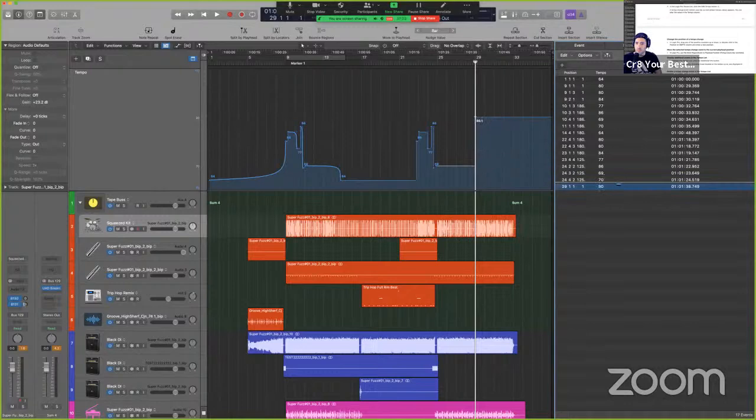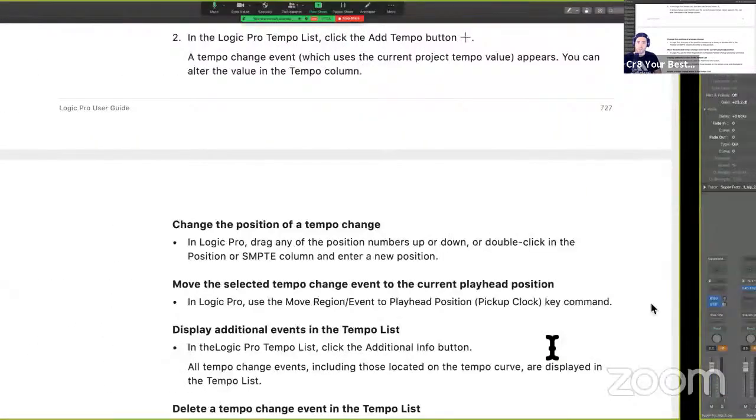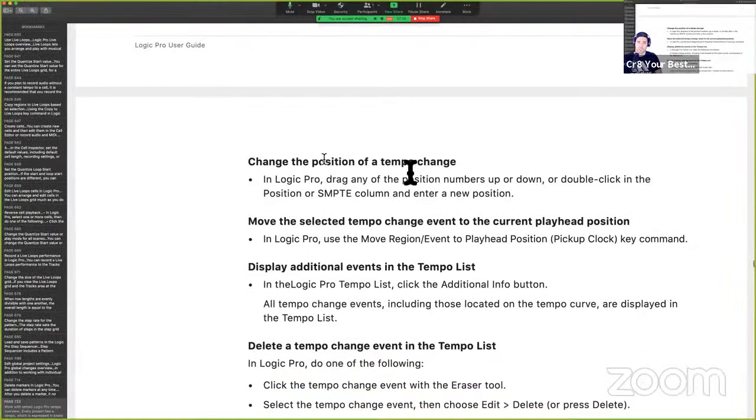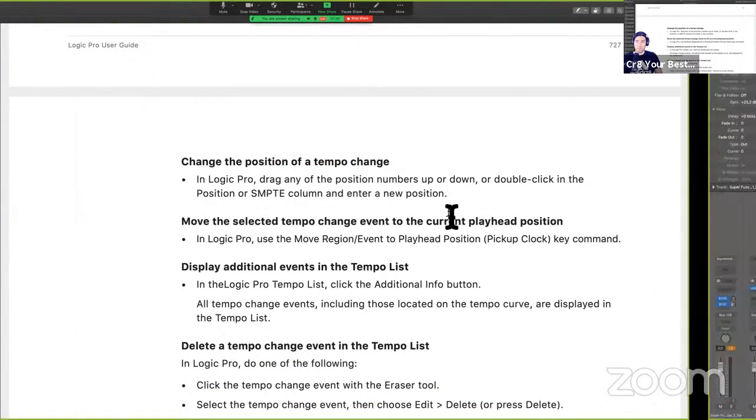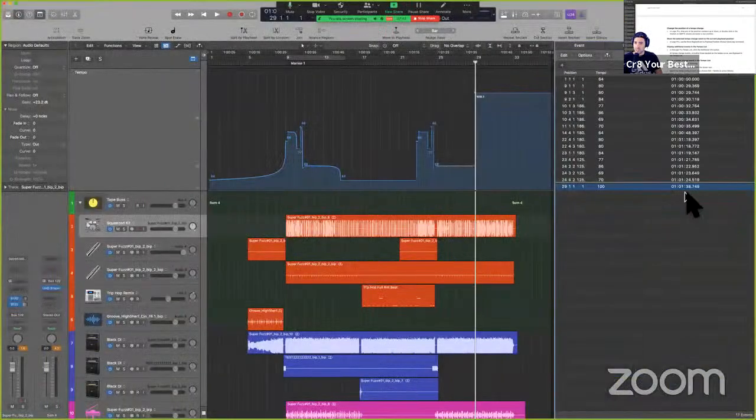Tempo of which is, I'll do 100 so you can really see that build. It also gives you its SMPTE position where it's locked. We'll learn more about that in a bit. You can change the position. I just showed you how to change its position. You would basically click and let's